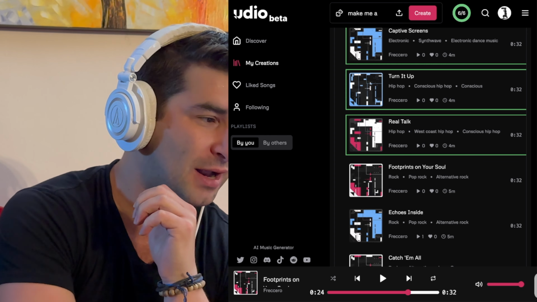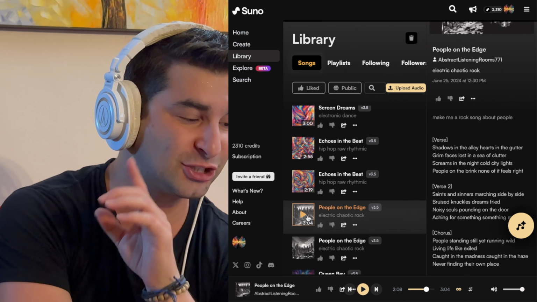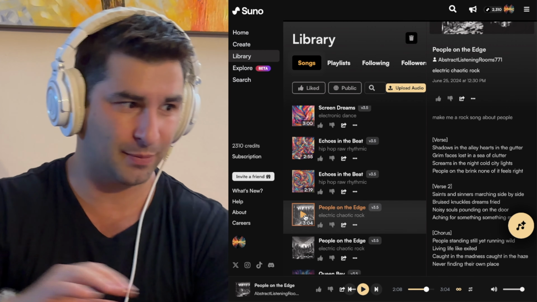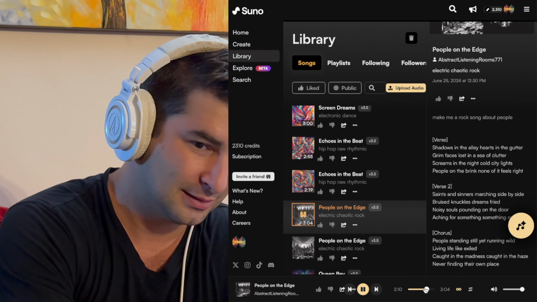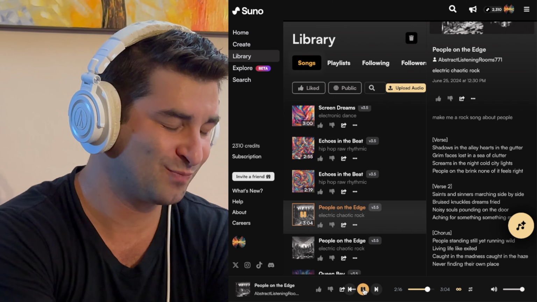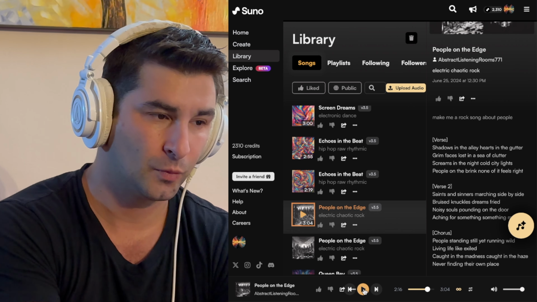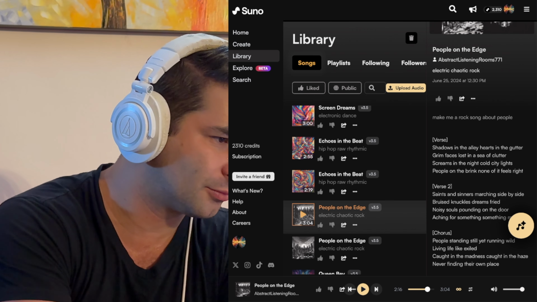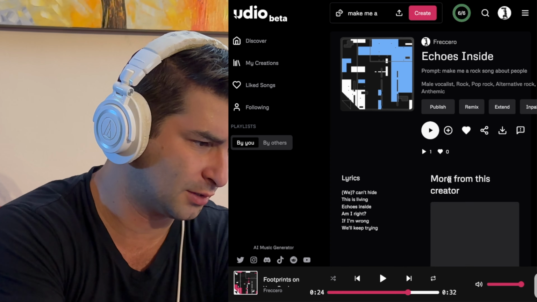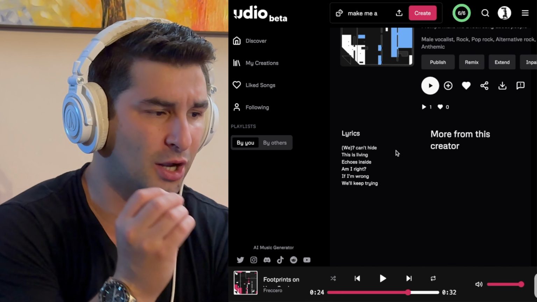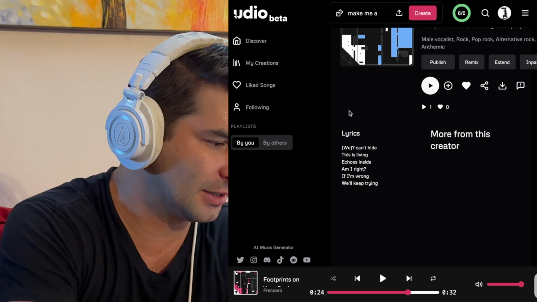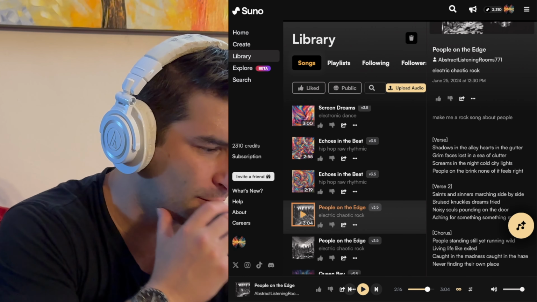I don't know. I'm going back and forth because, out of any of them, I think I actually like this one the best. Out of any of the four songs, the two created by Suno, the two created by Udio. But this one's mixing isn't as good as Udio. So what's interesting is I think I like the arranging and the lyrics. I mean, granted, where are the lyrics here? How do I click this? There we go. Right now, granted, this is more of a short one. With Suno, you can now create songs up to 4 minutes. So I feel like it's kind of tough to compare the lyrics a little bit.